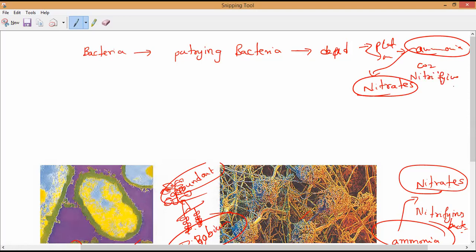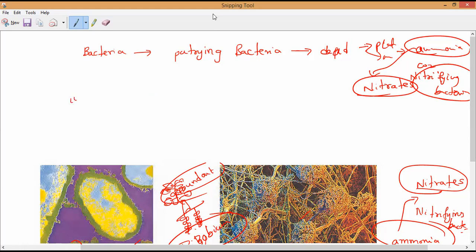Okay, guys, nitrifying bacteria. These are the two bacteria which help producers to get the nutrients back from the soil, the air, and as well as water. So please, all of you, note it down. These are the two types of bacteria. And if they ask you in the exam, what is the importance of bacteria? What is the word you have to write?